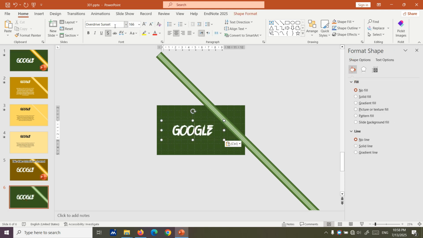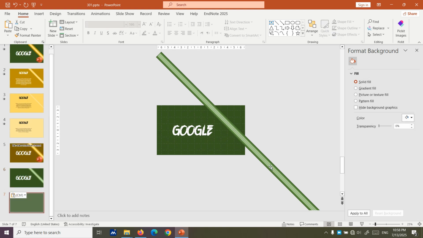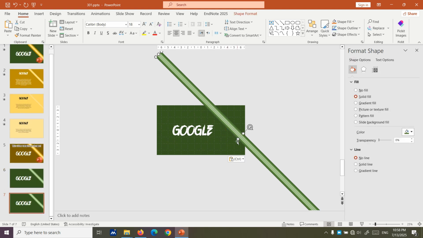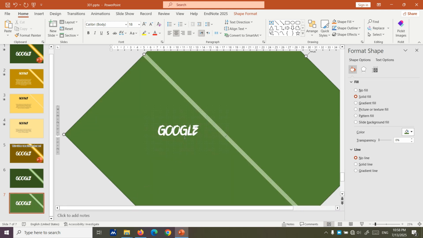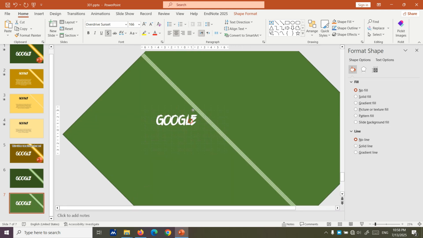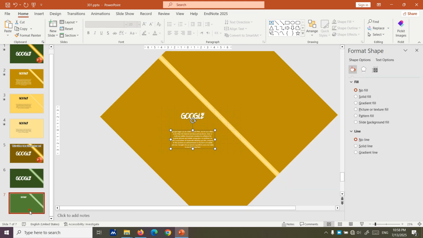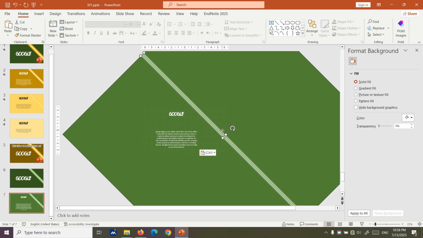Our text is an easy text. We use overdrive sunset and nothing more. Now here, we just simply increase it in size and bring this thing to top and reduce its size to 60. It's a good size. Then copy the text, paste it, then select